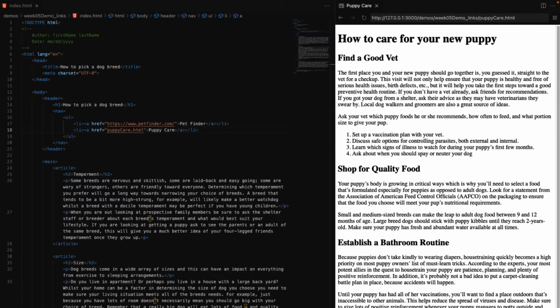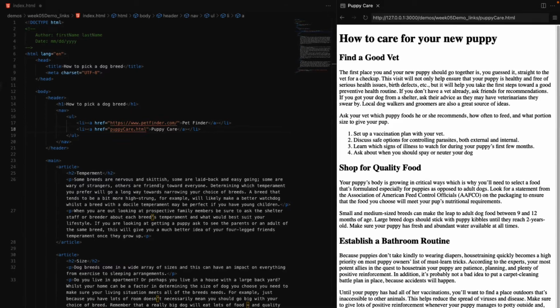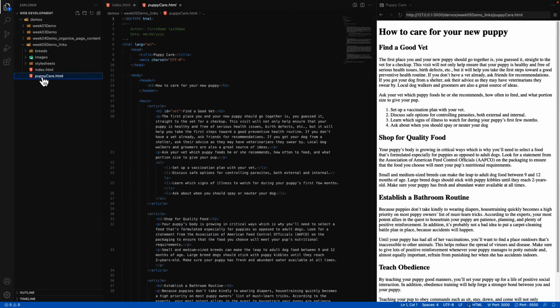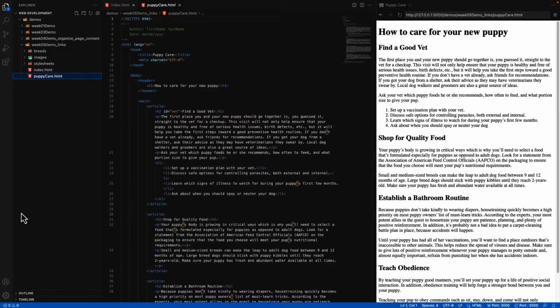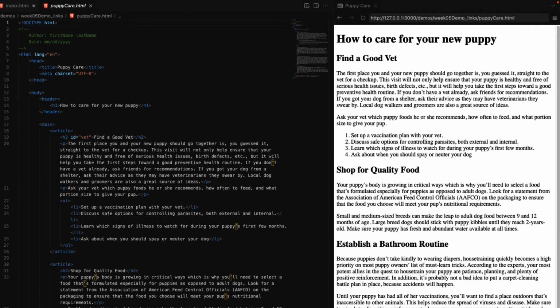Only we have a problem because now that we're here, we don't have a link to take us back to the index.html file. So let's take care of that real quick. I'm going to open up the puppycare.html file, and just like our index file, I want to try to remain as consistent as I can with navigation, and I'll create a new navigation underneath my H1 with a new unordered list and list items to redirect us back to our